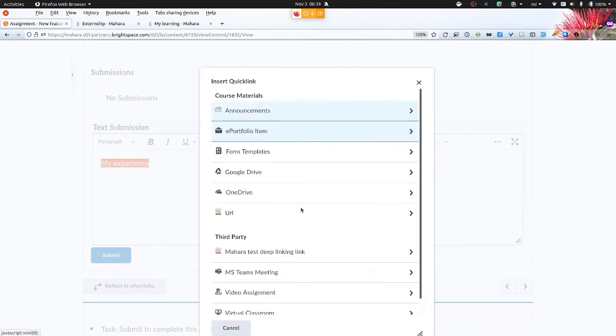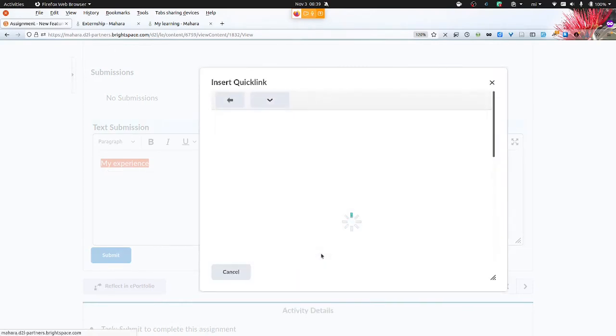And that is a link using the deep link functionality from LTI Advantage, displaying all my portfolios that I have available, my pages and or collections if I have any, and it only shows me the ones that can actually be submitted.